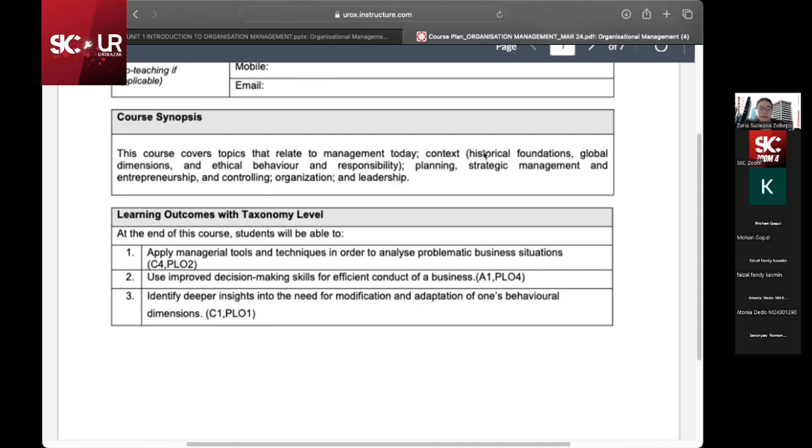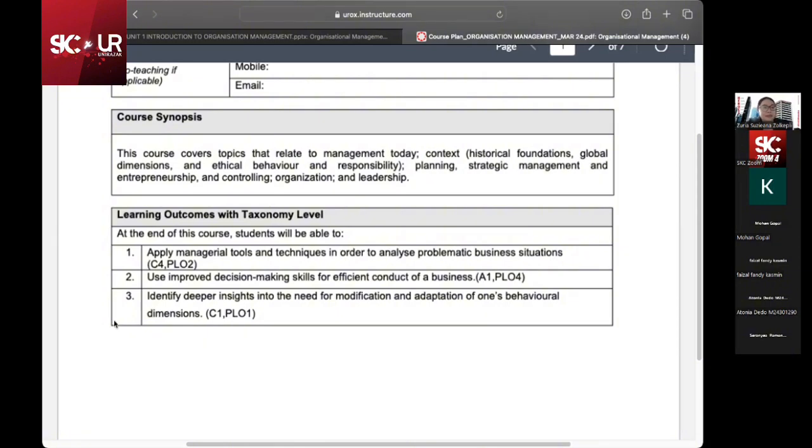Maybe it's not as huge a decision or a strategic decision, but on a day-to-day basis, in small operations, sometimes we have to make decisions as well. So take this chance to learn how to enhance your decision-making skills and what elements we should look at when we want to make a decision. What are the factors to consider when making a good decision?